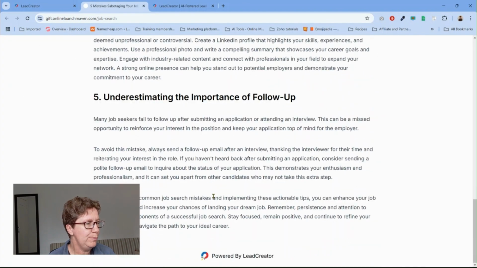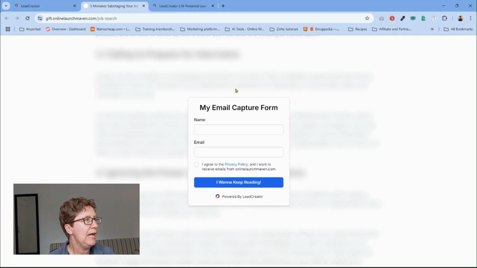You can add more images, etc. And you will see over here a pop-up form appears where, if you want to continue reading, you can complete this. And you can customize this form, as I also explained in the previous video, with your brand colors, etc.